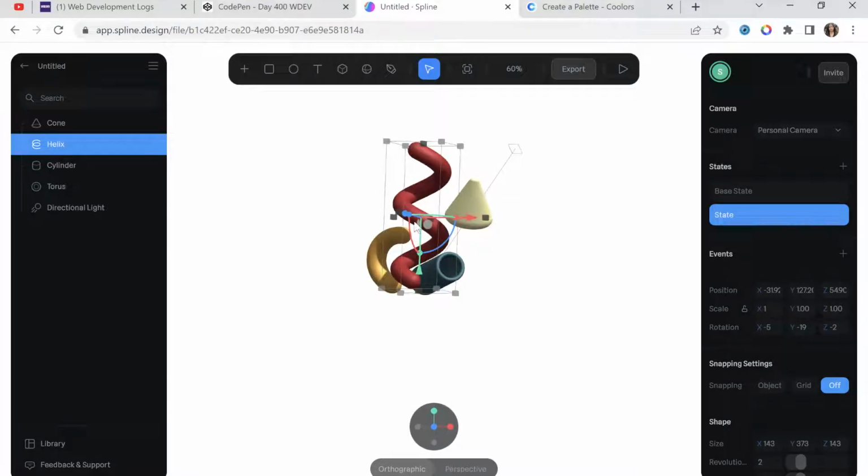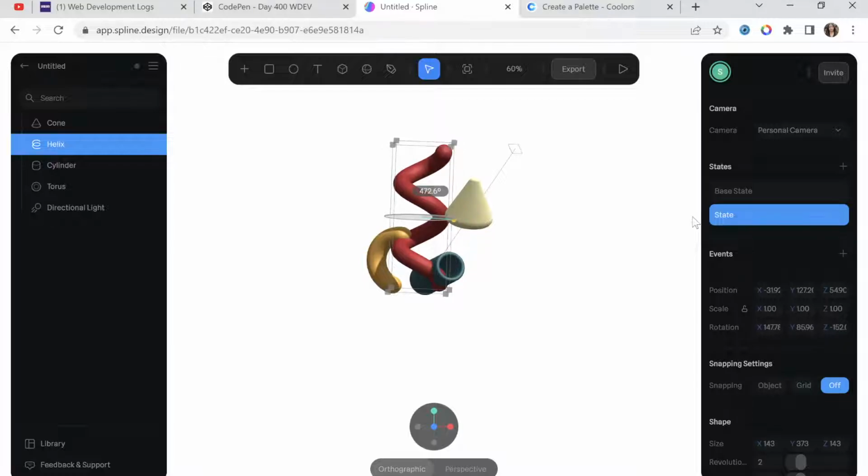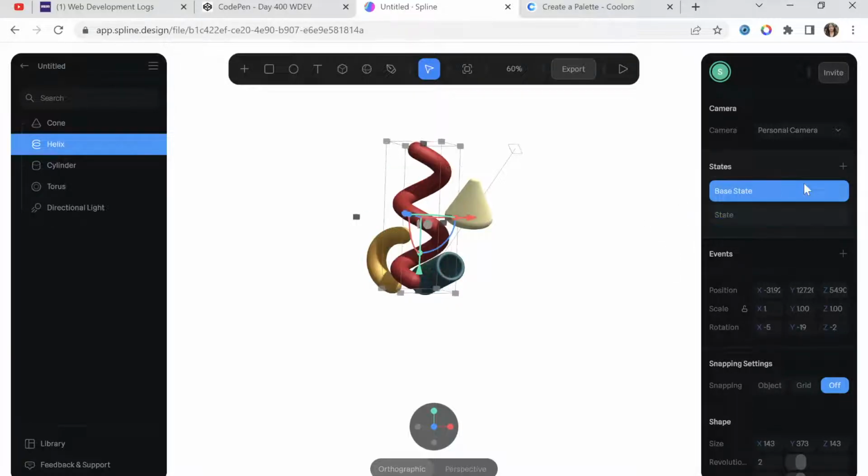Nope, wrong way. Rotate it. Nope, that's also the wrong way. This way, beautiful. Alright, so that's kind of the state that I'm going for, and so base state is going to go back